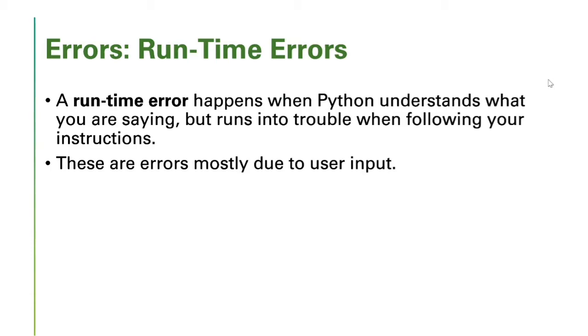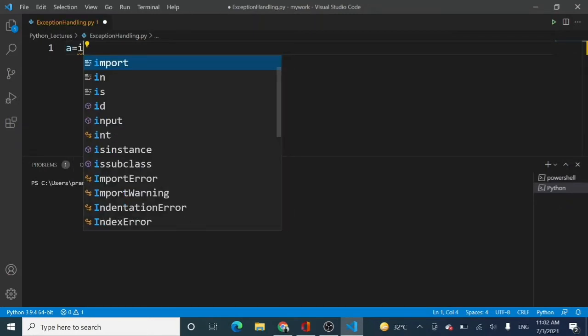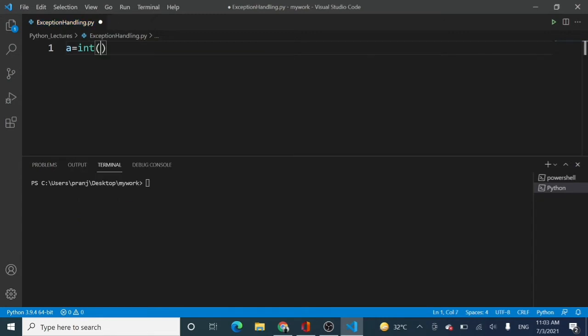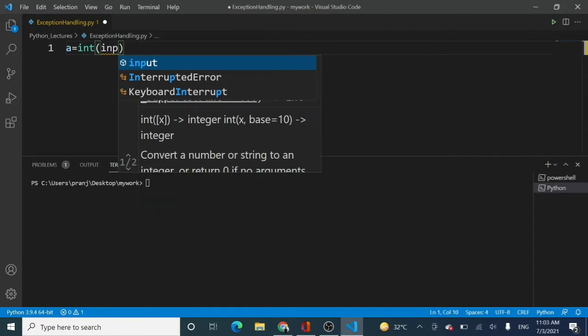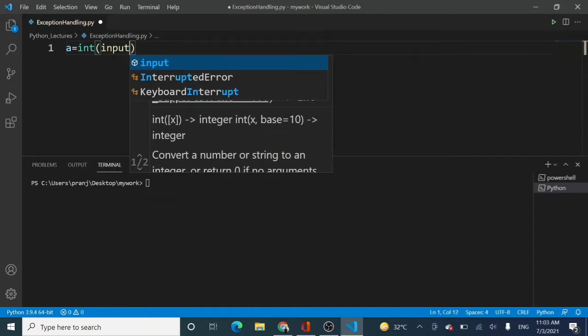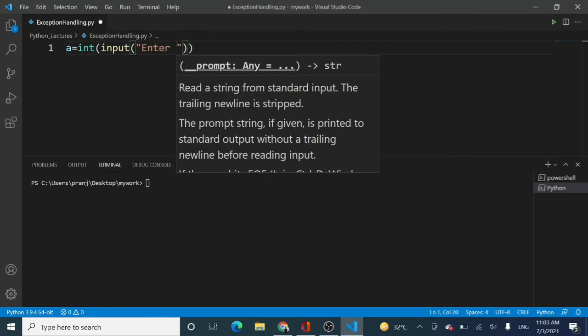Now let us see an example of these errors. In order to illustrate runtime errors in Python, I will be asking the user to input certain values. I want the user to enter an integer value, which says input, and here enter a.